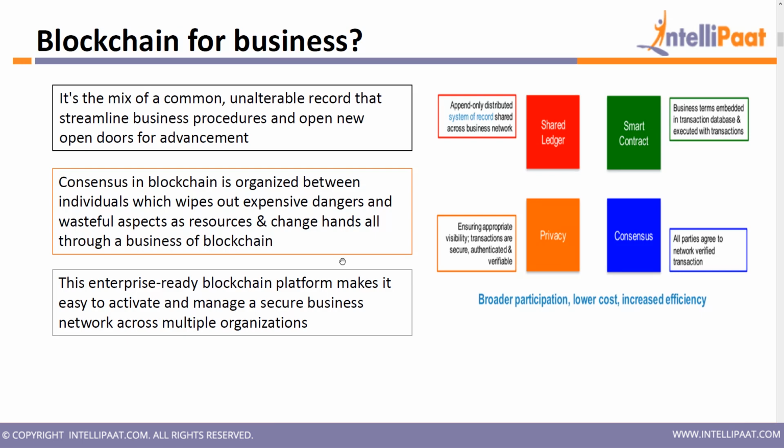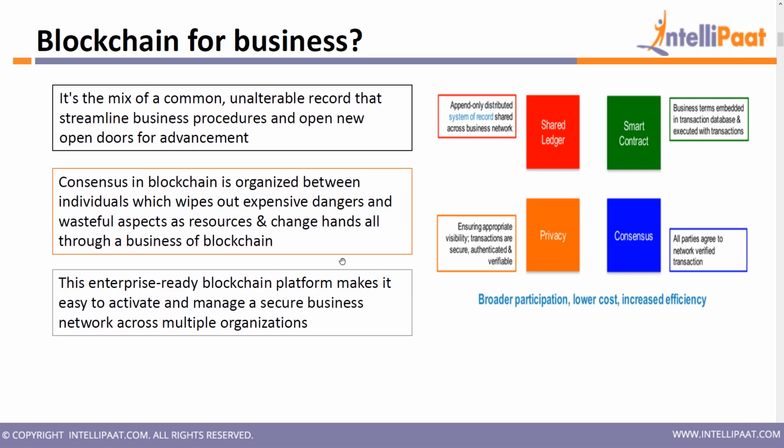Since Hyperledger platforms are mostly permissioned blockchains, they can be public also, but they are classified as mostly private blockchain because they can be utilized in enterprise applications, and they are meant like this. You can control the authority and permissions inside your Hyperledger networks. So privacy comes with appropriate visibility that is granted through assigned permissions, and this way they can be secure, authenticated, and verifiable, right? And this is again a property of a blockchain network.